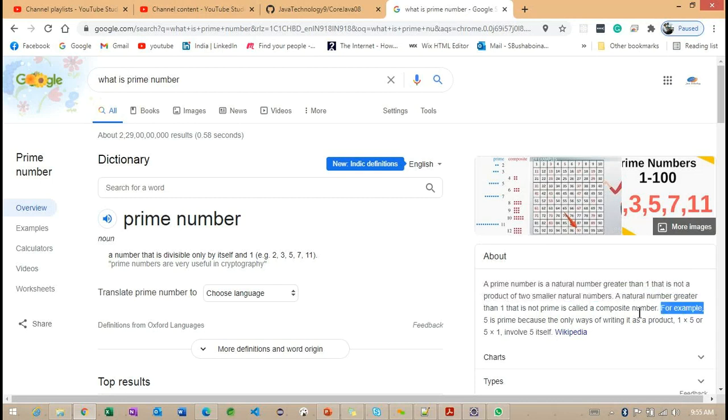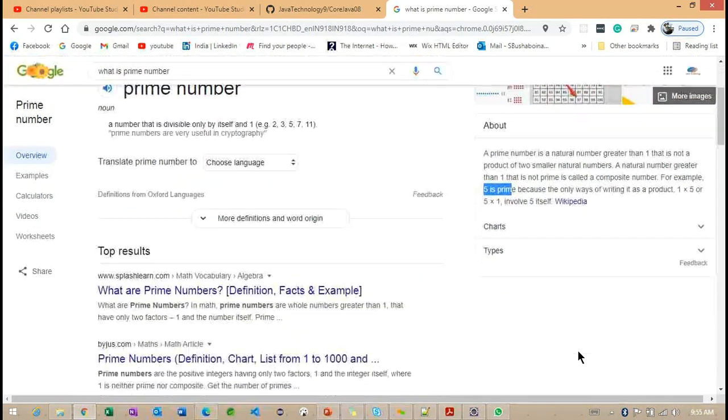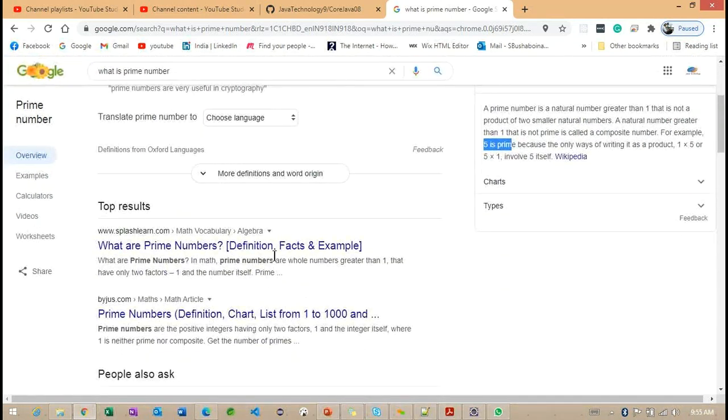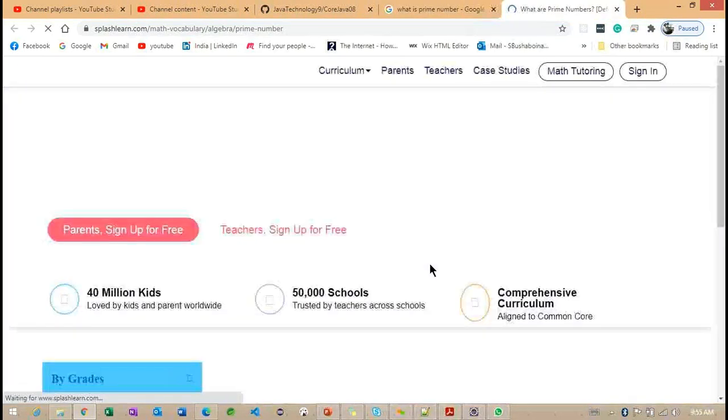You can see the example here. For example, 5 is a prime because the only ways of writing it as a product are 1 into 5 or 5 into 1. Getting the point.